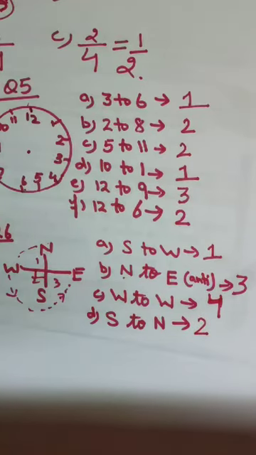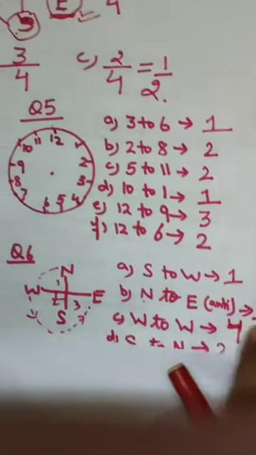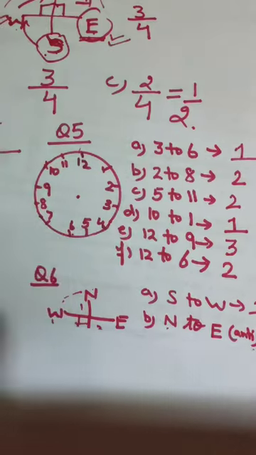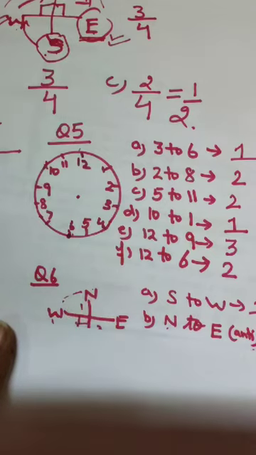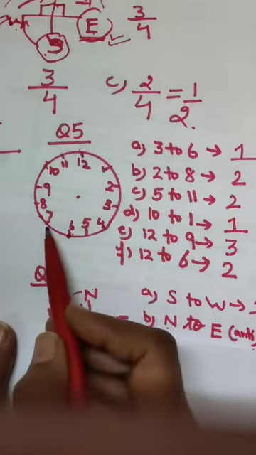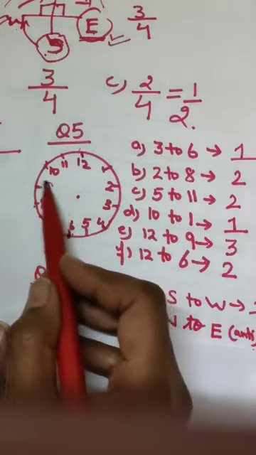Fine. Now question number 7. Where will the hand of a clock stop if it starts from 6 and turns through one right angle? In the same clock I am telling you. Starts from 6, here it is starting, and turns through one right angle. One right angle means the gap of 3. So turn from here. 1, 2, 3. So it will stop at 9.